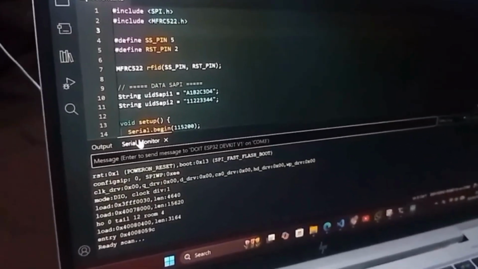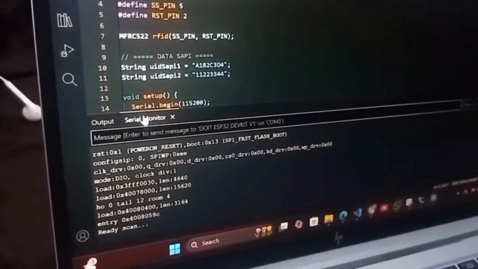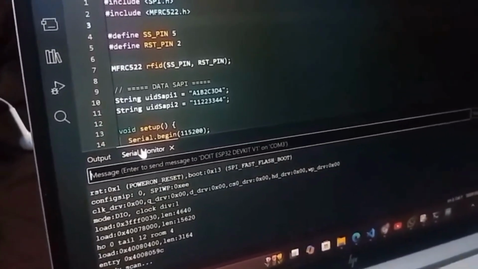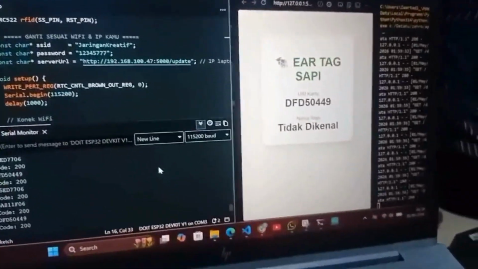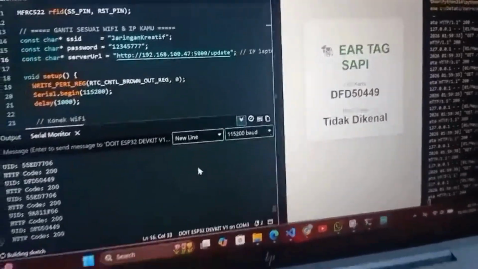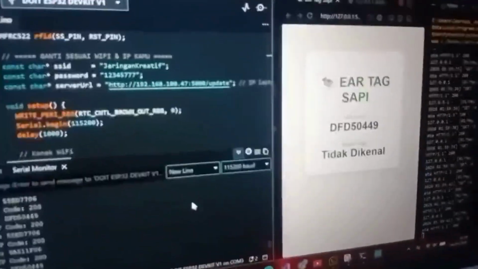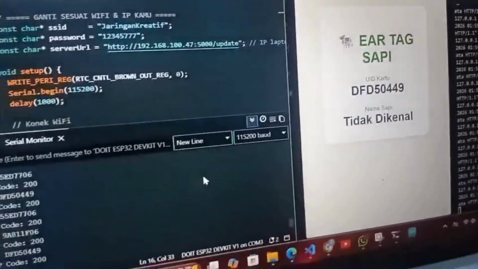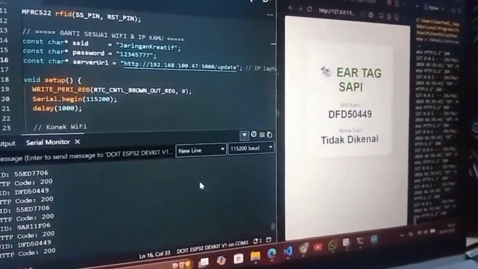To display the data, I made a simple web dashboard, and I'm using dummy data for this demo so we can easily see how it works. This is the website dashboard display along with the Python code, and here in this display, when there is no card, it shows no card.